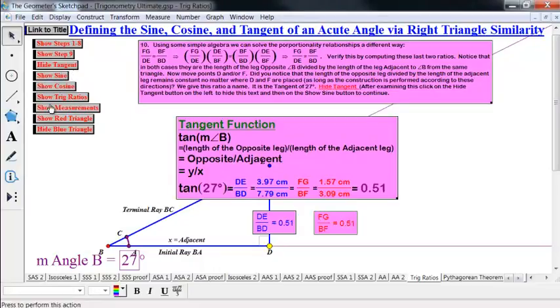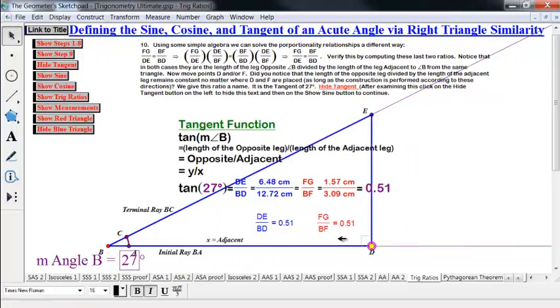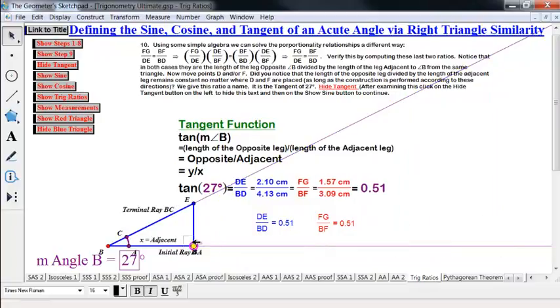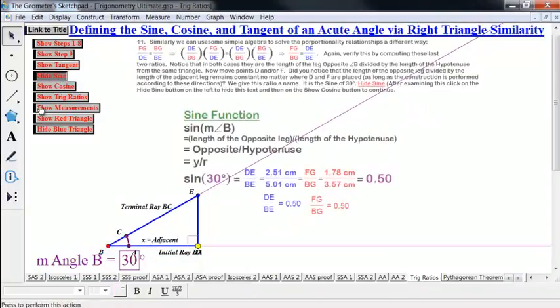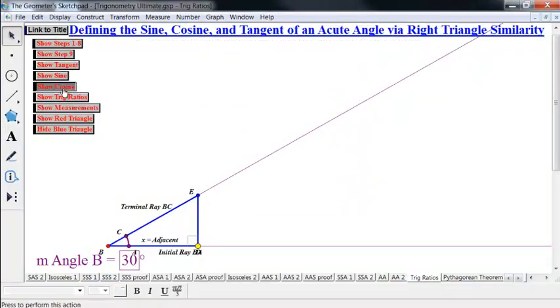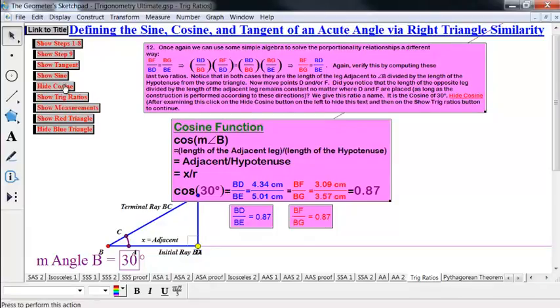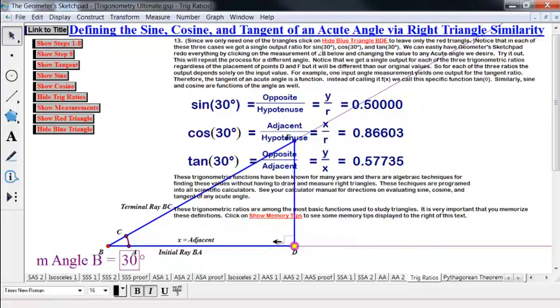For example, I can define tangent to be the ratio of the opposite side over the adjacent side, and notice that no matter where I put this, it comes out to be the same thing. So that's a constant for this particular angle. Of course, it is a function of the angle, because if I change the angle, this turns out to be a different ratio. In a similar manner, I can define sine to be the length of the opposite side over the hypotenuse, and cosine to be the length of the adjacent side over the hypotenuse. So we can define all of these trig ratios,